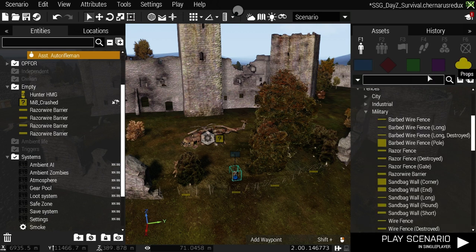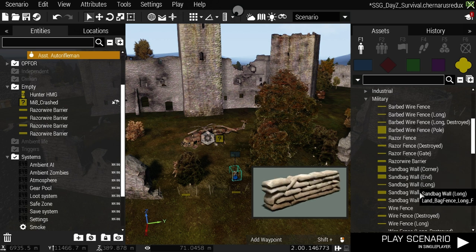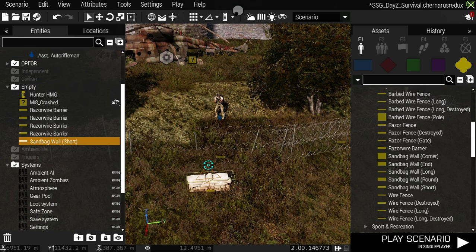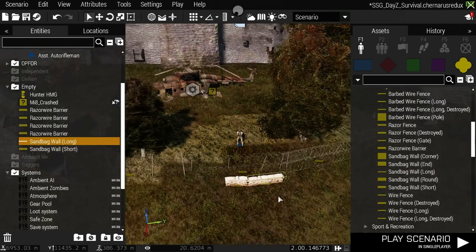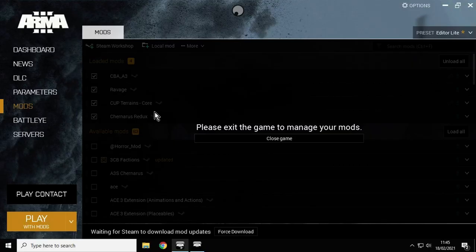But there's so much in props. Sandbag walls. Let's have a look. Short, so we could put. Let's zoom in a bit. Sandbag wall long. You could create stuff like that, but they're fairly boring, aren't they? We've also got things like